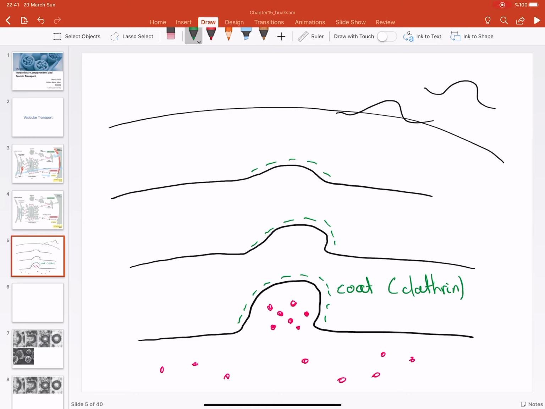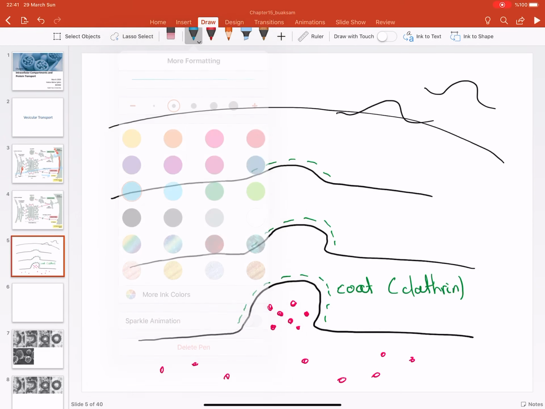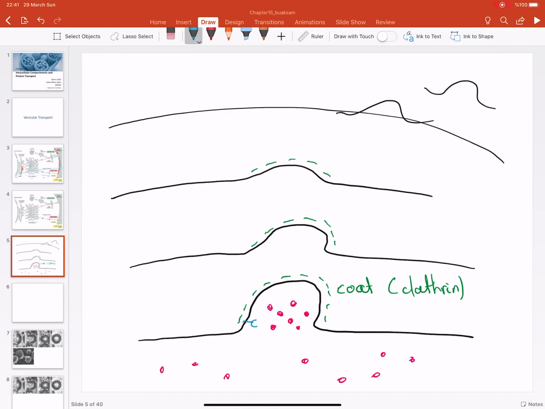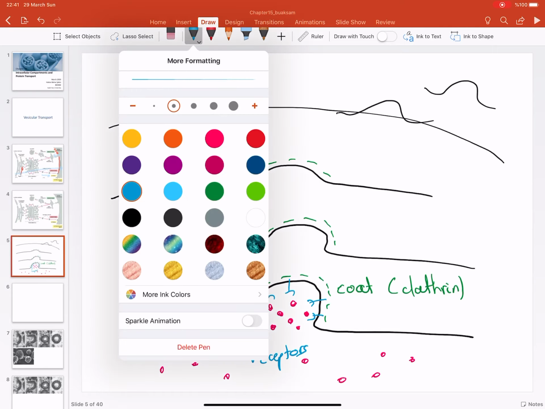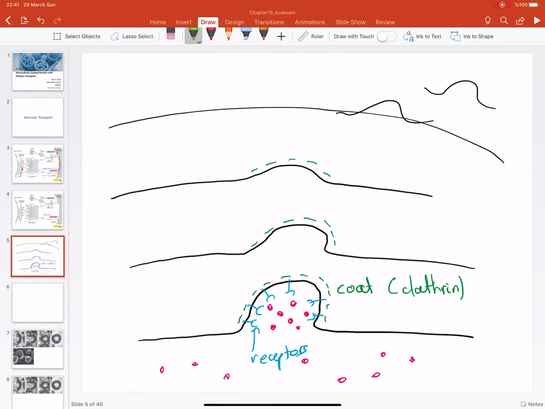The selection mechanism is done by the receptor proteins. There are some receptor proteins which are selecting for the targets, the pink proteins. And the receptors and the coat proteins are not directly interacting. There are adapters between them, adaptins. So all these cargo molecules, receptors, adaptins, and the coat proteins, they all together form